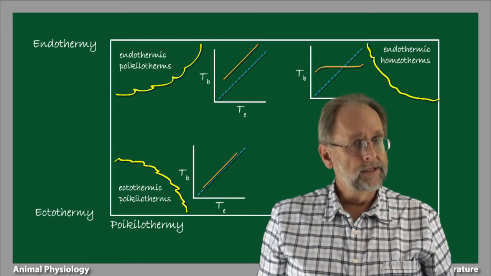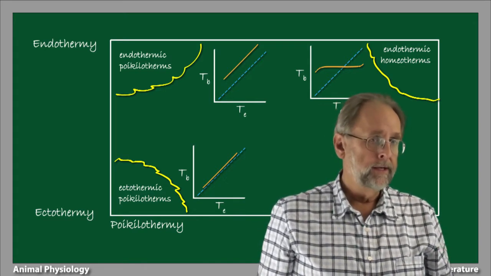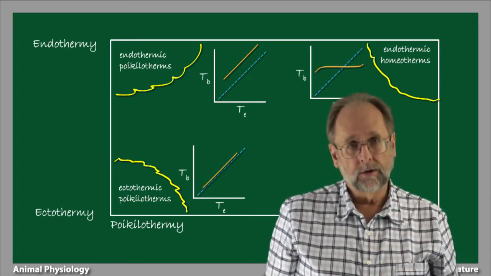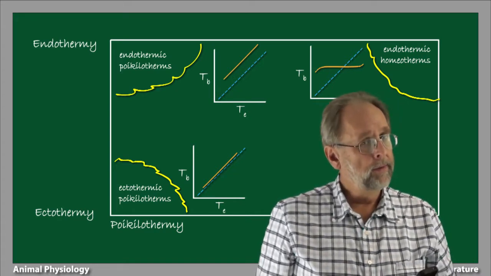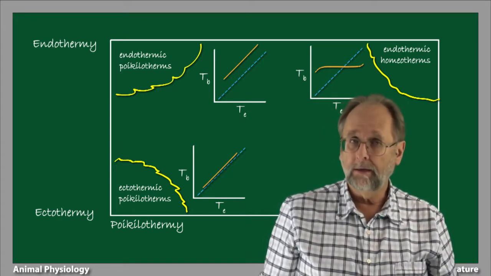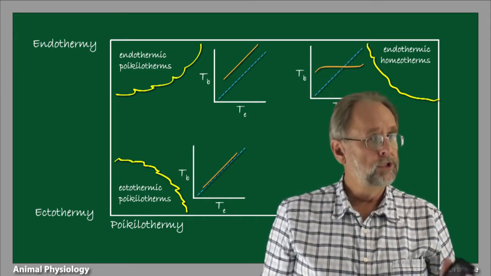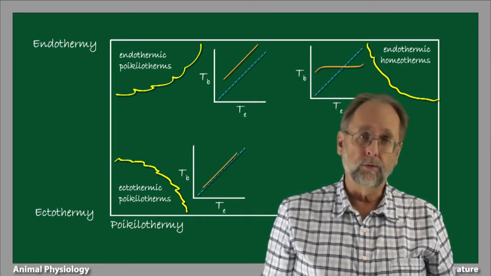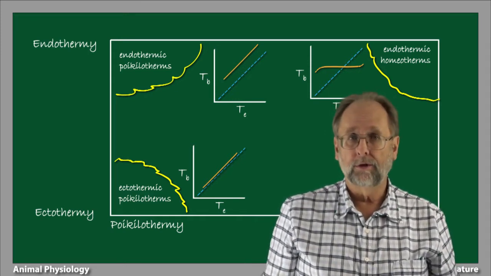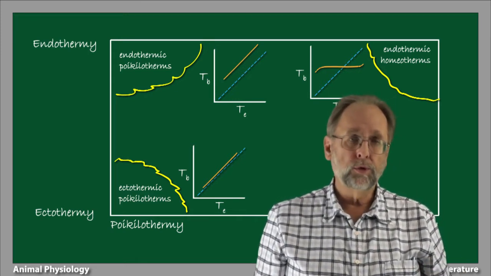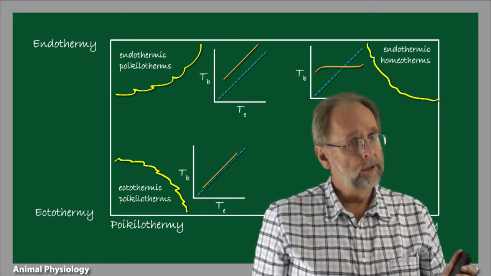This is because these animals, being endothermic, generate a fair bit of heat internally, and this elevates their body temperatures somewhat. But if these animals are not regulating their body temperatures, you'll still get variation of body temperature